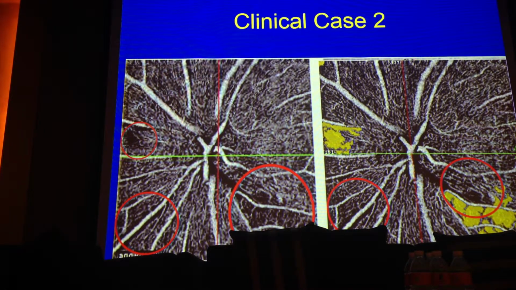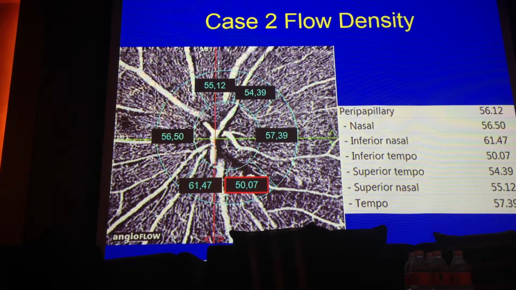So we moved to the next proposition of OptoView and to this analysis, and you can observe that in this quadrant we have a reduction of the flow density. But again, you can observe that we have all those zones with no